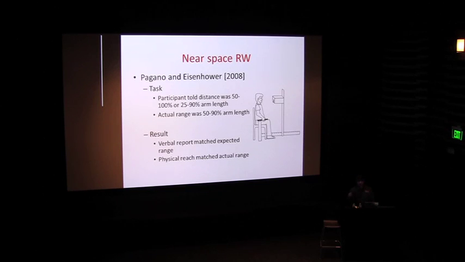So when participants used physical reach to show where they perceived the targets to be, that seemed to be more closely aligned to the actual distance of the target. But when participants were told via instruction that they would expect to find the target either between 50 to 100% or closer, the range of distances that they reported closely matched what they were instructed, right? Their expectation. So again, this attests to the cognitive influence on a person's response variable for how they perceive the virtual world.